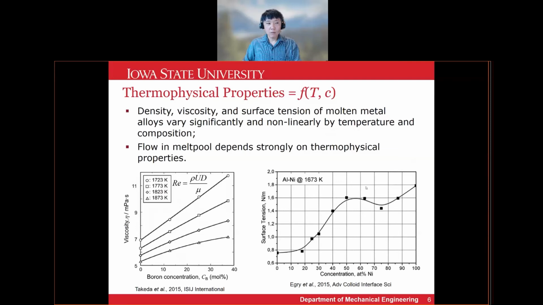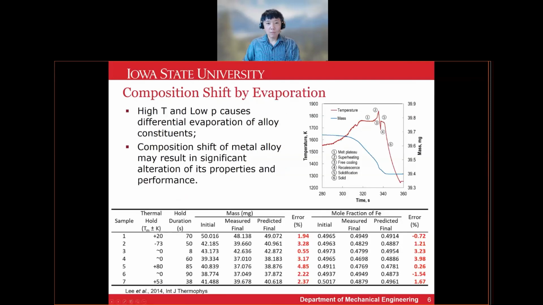Mass evaporation also matters. Even though you started with your desired composition, the final composition of an additive part you just fabricated could be off by a few percent because of selective evaporation of elements with higher vapor pressure. A difference in composition by a few percent could lead to considerable loss in properties of interest. In our experiments with iron-cobalt alloys, the concentration of iron reduced by 2 to 4 weight% during one melt cycle